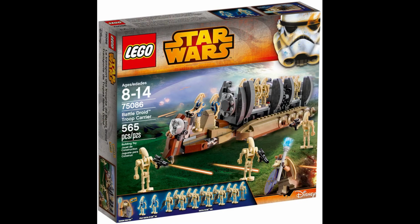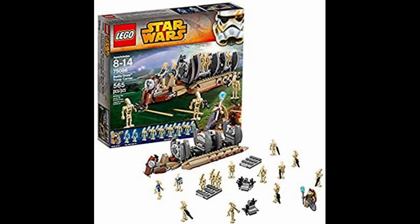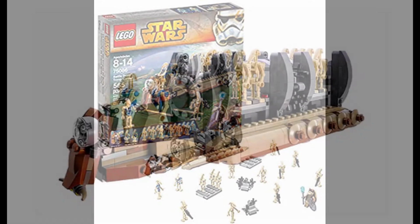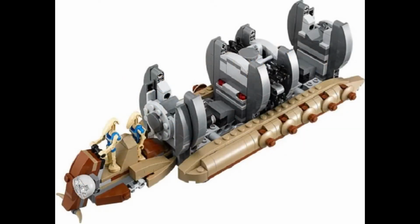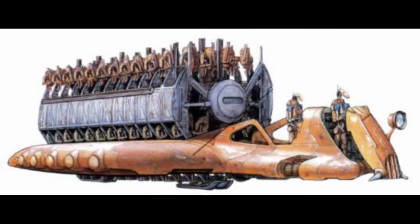The first set that I found that fits this description is the LEGO Star Wars 75086 Battle Droid Troop Carrier, which came out back in 2015. It's supposed to be from Star Wars 1 The Phantom Menace, but obviously it wasn't in there. This is a set that I think they were perfectly valid in making. Personally, I really like this set. I have it, and I think it's a good kind of downgrade from the MTT. It's not like it's worse than the MTT. It's just smaller, but you still get a lot of battle droids, which I really like. And it's a lot cheaper than a big sized MTT would be. You actually get more battle droids in this than you got in the last MTT, which is quite